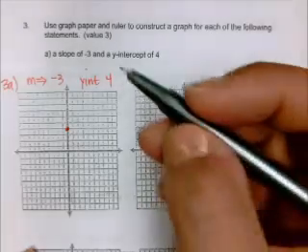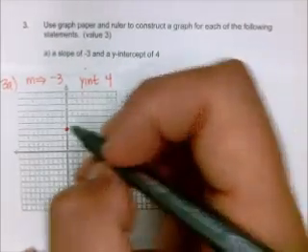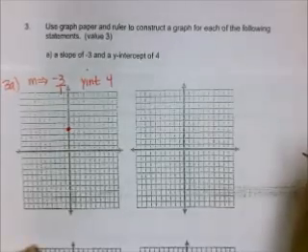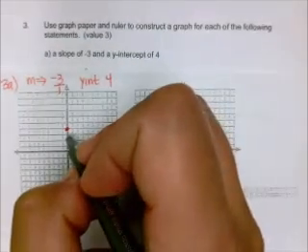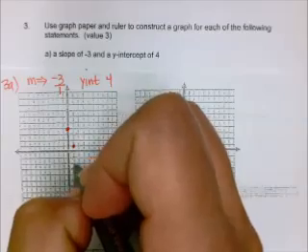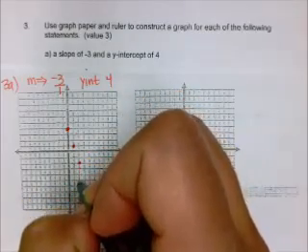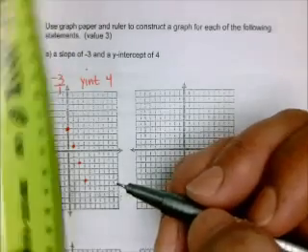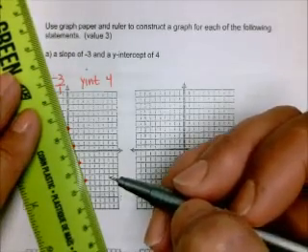Okay, and then my slope is a -3, so if it doesn't have anything on the bottom, it's definitely a +1. So then it's going to go down 3, 1, 2, 3, and over 1. 1, 2, 3, 1. Just like that. Notice how they're in a nice straight line. Take my ruler, don't try to eyeball it,